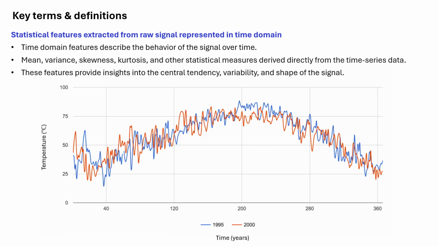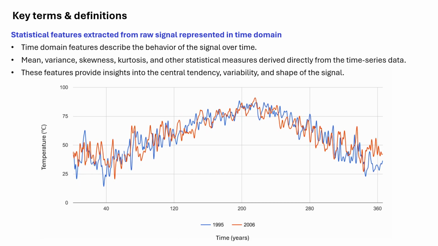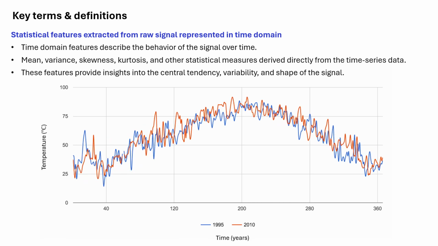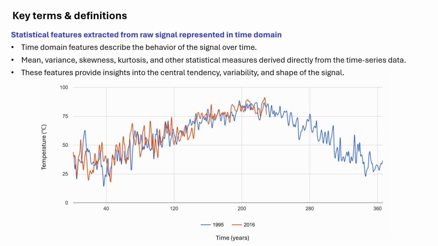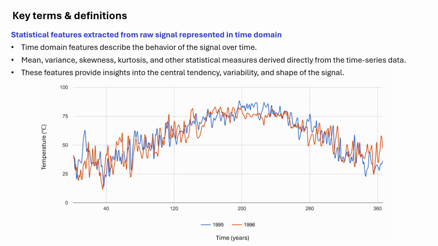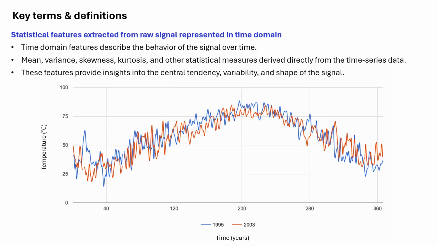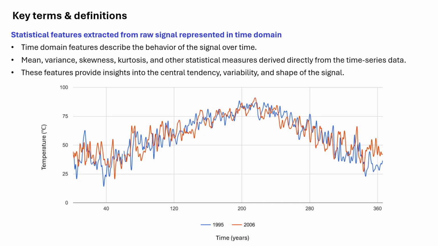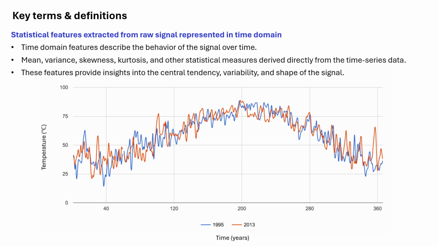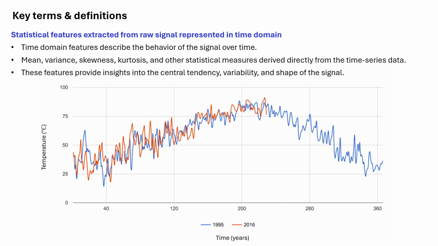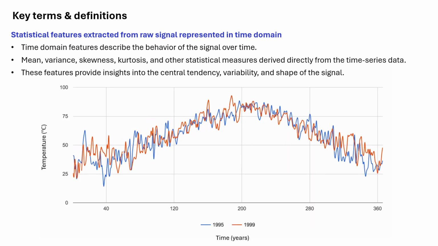Look at the picture below. It depicts a comparison of temperature trends over time, specifically focusing on the years 1995 to 2016. The blue line represents the temperature trend for the year 1995, while the red line illustrates the progression of temperature trends from 1996 to 2016. The observer notes that drawing meaningful conclusions directly from the visual representation is challenging, highlighting the importance of statistical analysis in such situations. The suggestion is to calculate the average temperature trend across all the years to gain a more